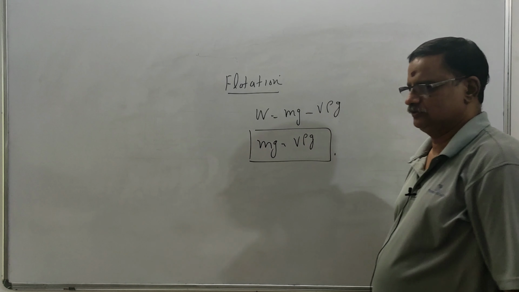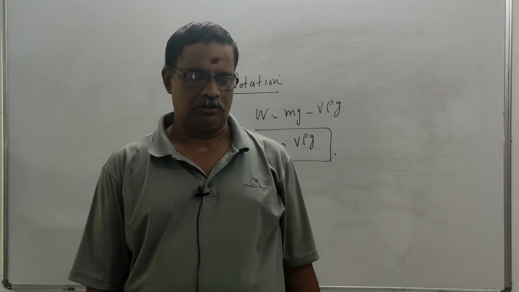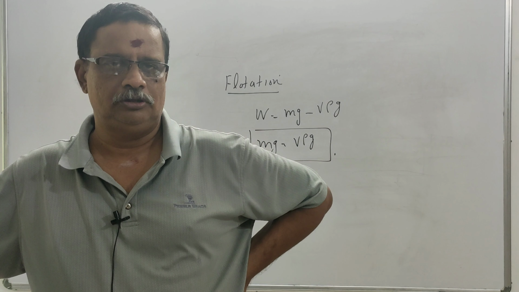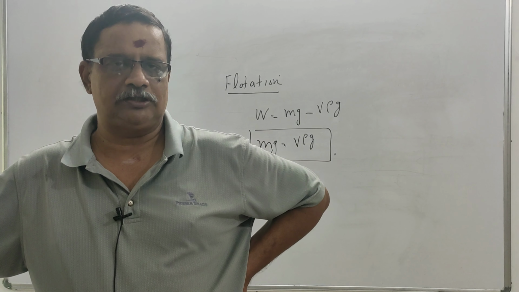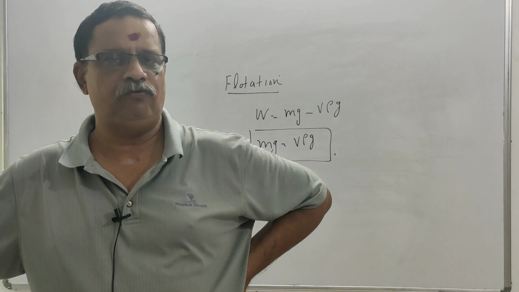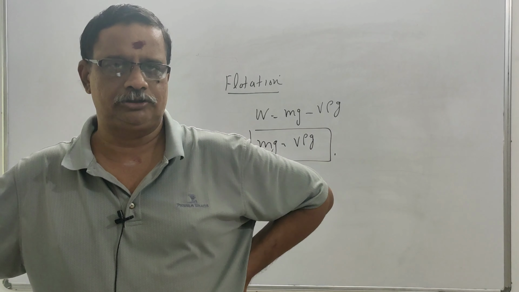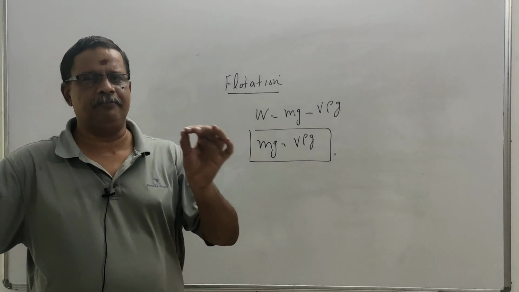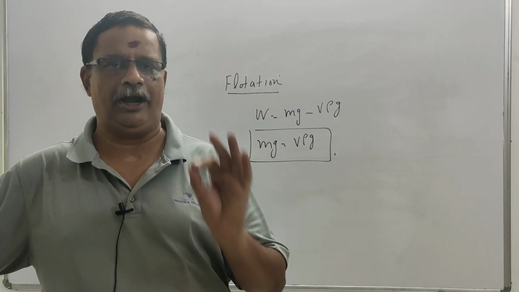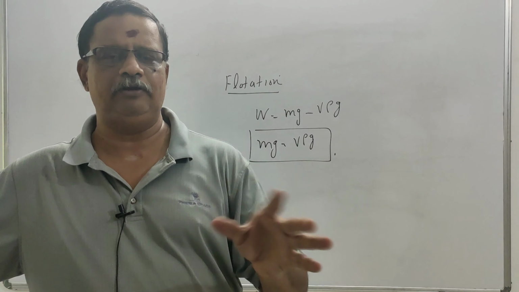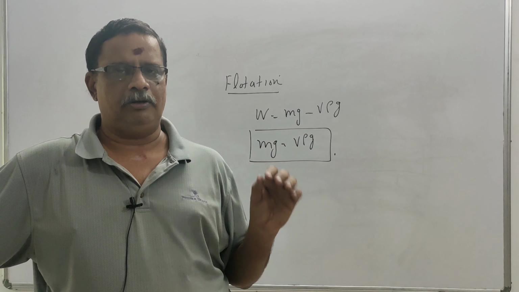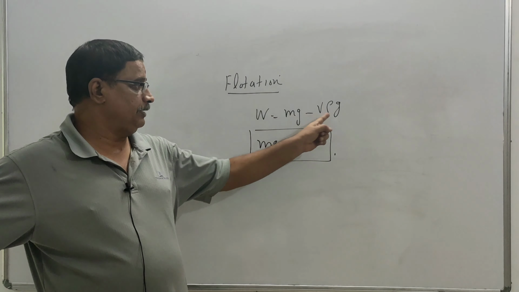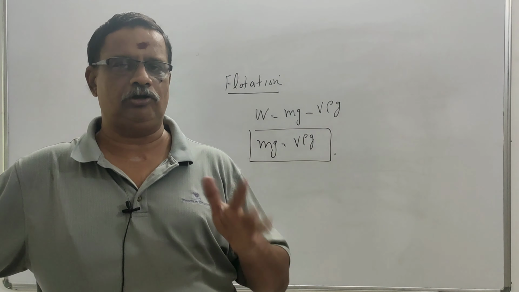Why can't we float on the surface of liquids? Because our weight is more than the upthrust that we get from the liquid. All bodies experience an upthrust when immersed in a liquid, immersed in a fluid, but all of them do not float. We saw that every body when immersed in a fluid, whether liquid or gas, will experience an upthrust. But not all bodies float.